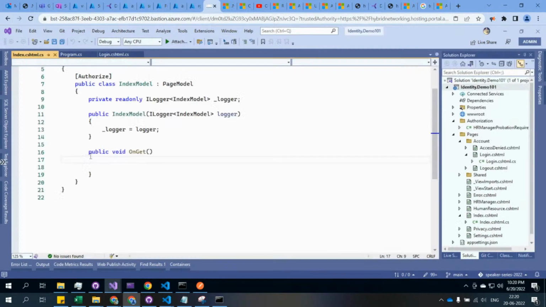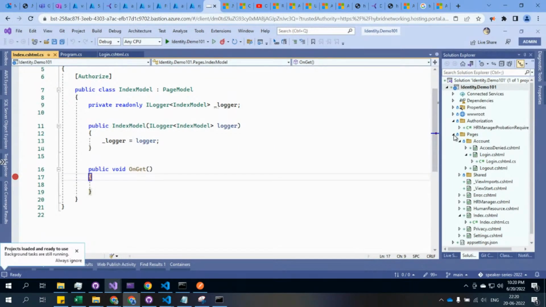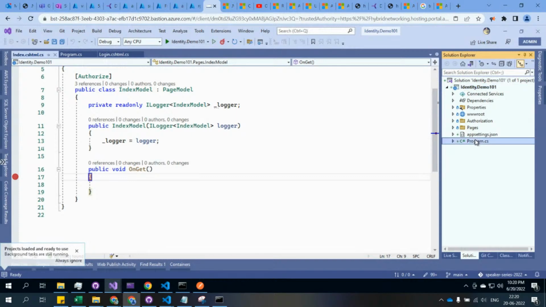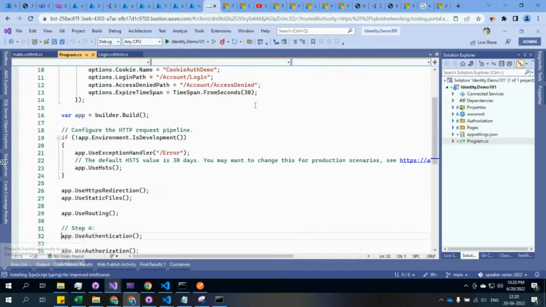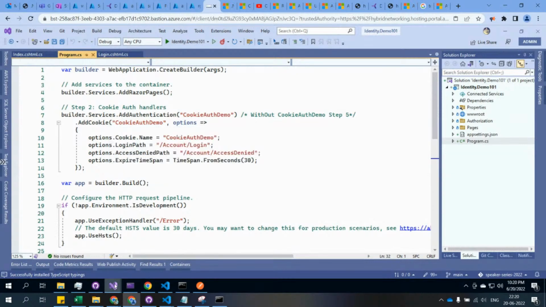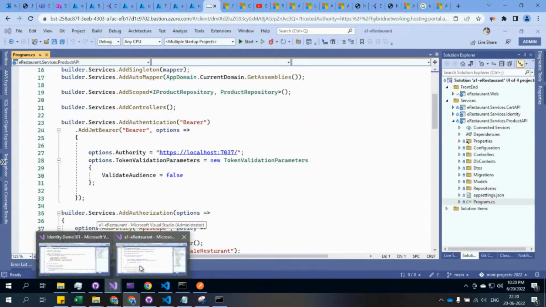We'll do a little bit of comparison here before moving further. So you can see this. Here we added this AddCookie, whereas